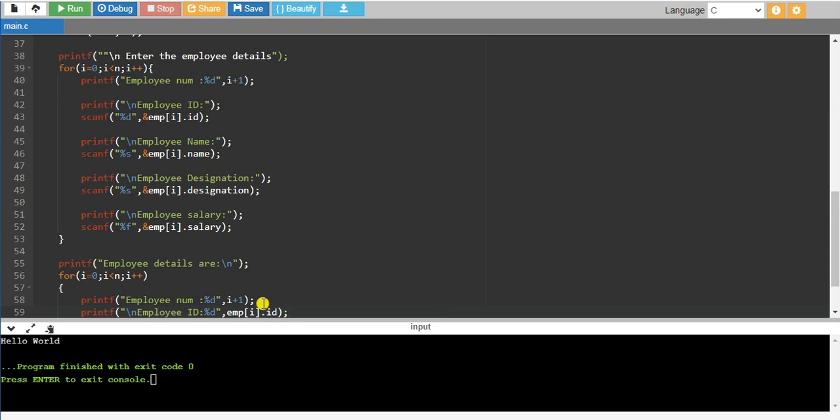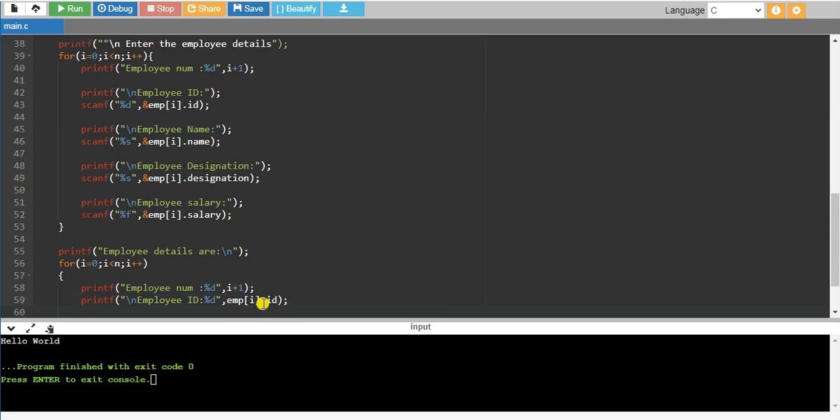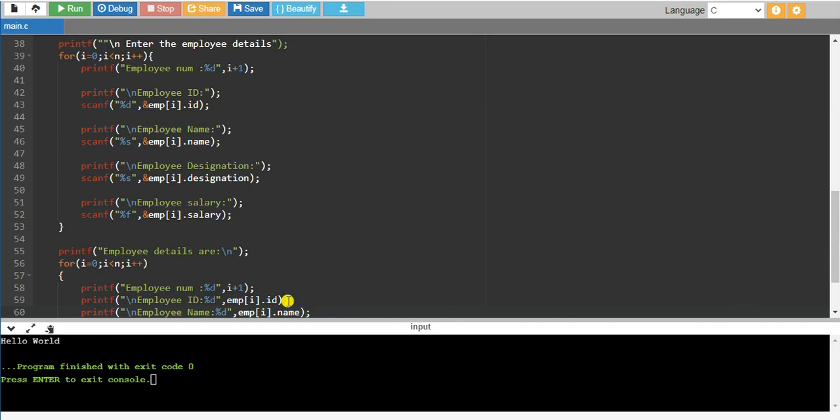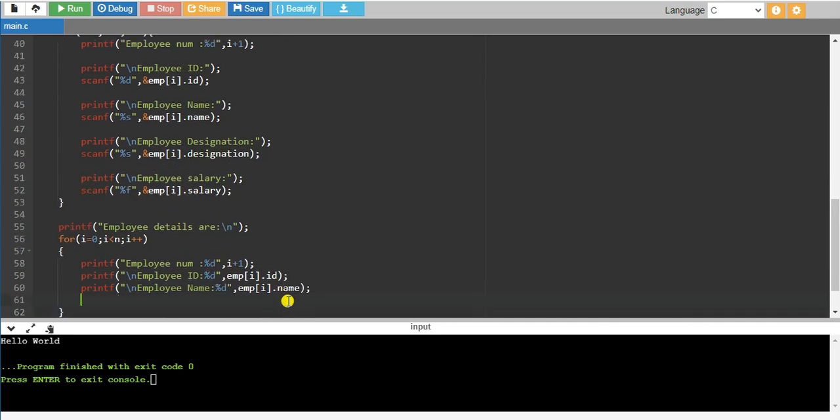This is employee id. Then I have to use it like this for all the fields of this structure. After employee id, employee name, just write name here, then employee of i dot name, concatenating the name from that structure.